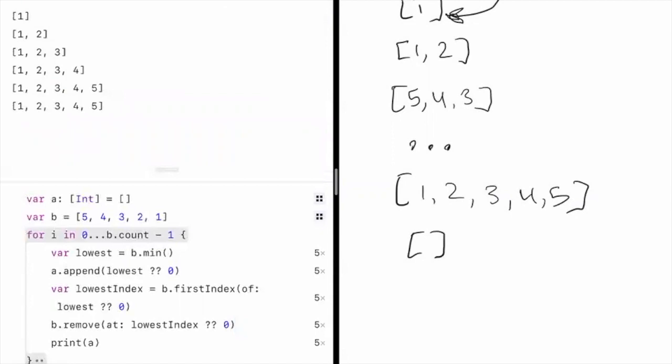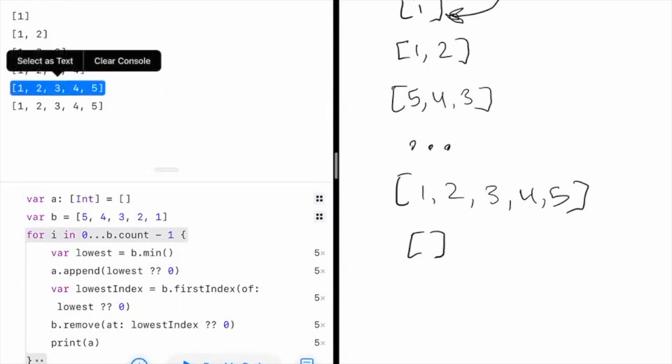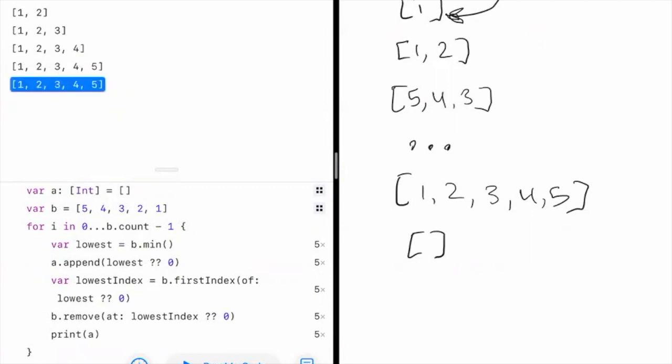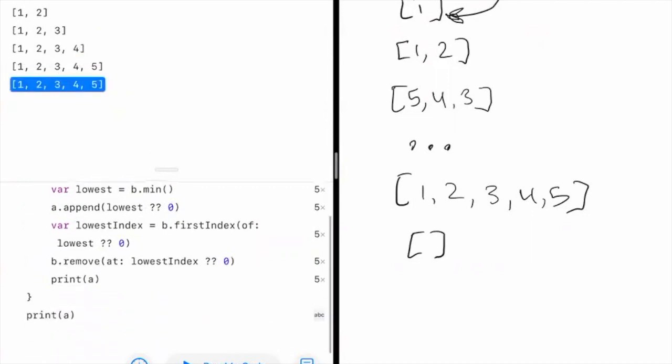And if we look at the console, we see that we have 1, 1, 2, 1, 2, 3, 1, 2, 3, 4, 1, 2, 3, 4, 5. The reason that there is an extra 1, 2, 3, 4, 5 right here is just because there's an extra print a